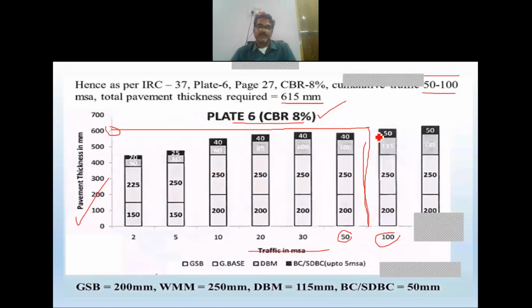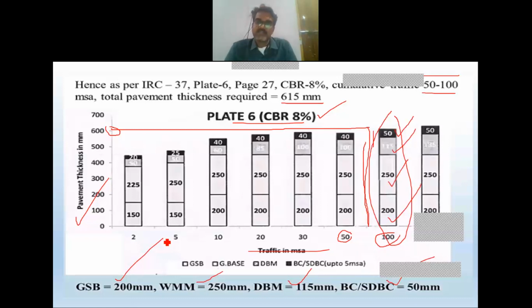So it could be a BC surface layer of 50, DBM of 115, wet mix macadam of 250, and GSB of 200. So straight away we can recommend this thickness: surface course, binder course, base course, and subbase course. So this is the thickness of the flexible pavement using IRC 37. Now in this case also you are requested to develop the theory, the step-by-step procedure of the flexible pavement design using